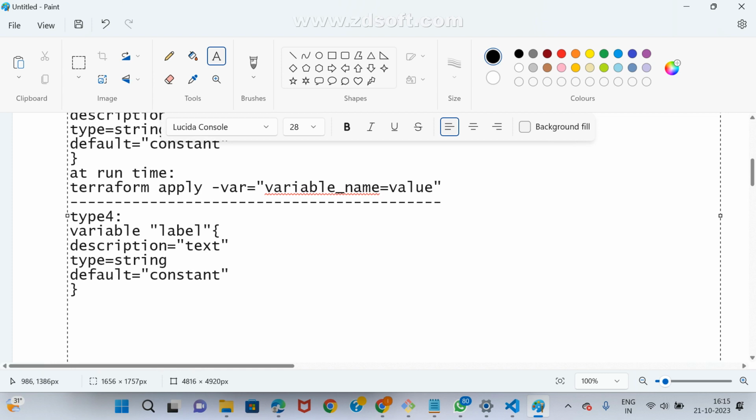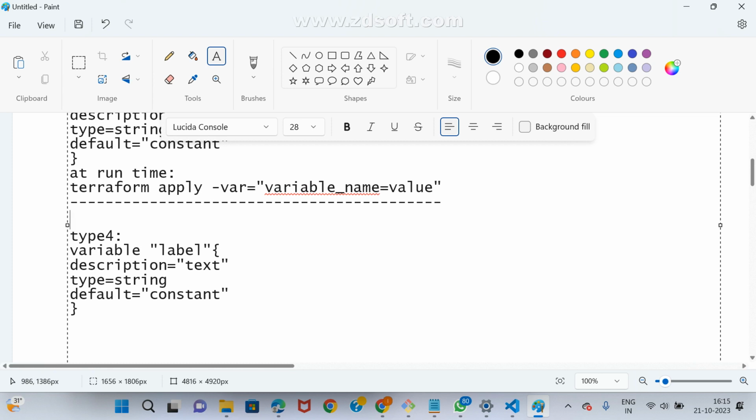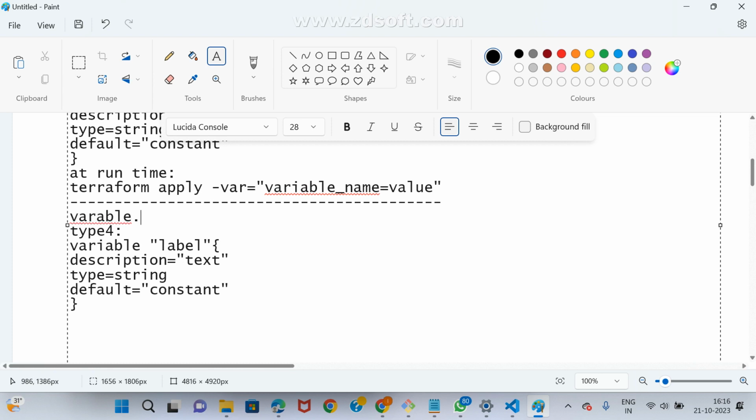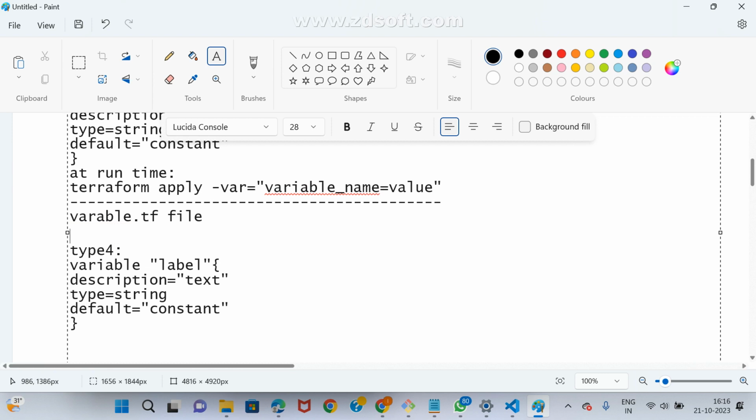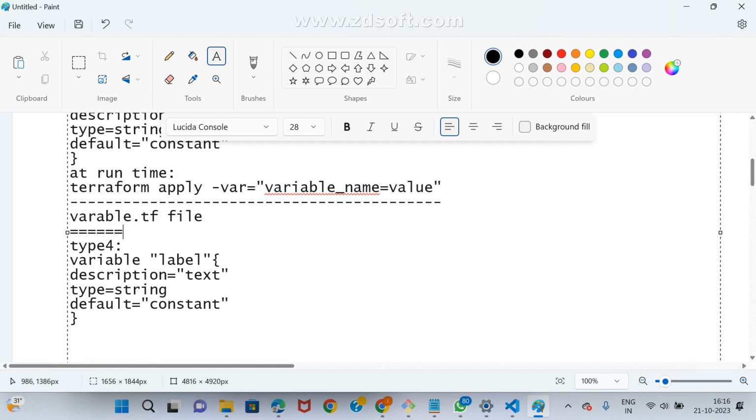In type 4, I may give only the default, which I can even specify in the variable.tf file. Within the variable.tf file, this code is there. For this code, we want to pass values automatically, dynamically taken at runtime, so we need to specify terraform